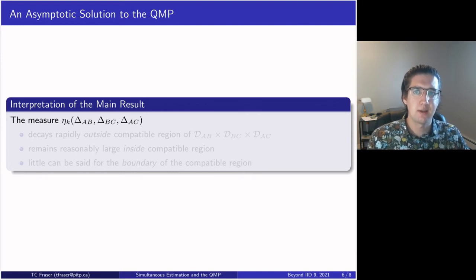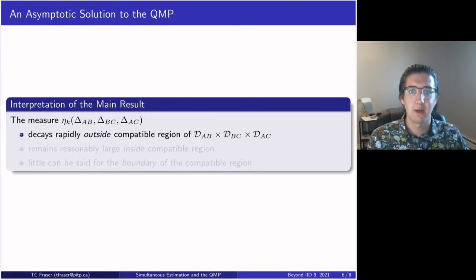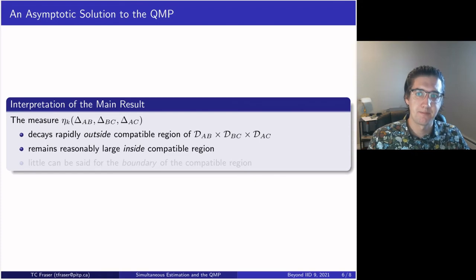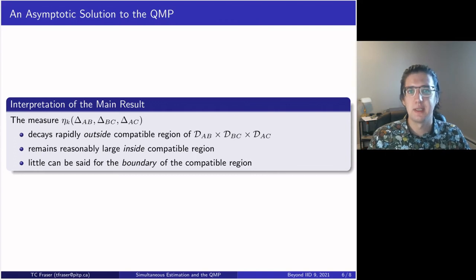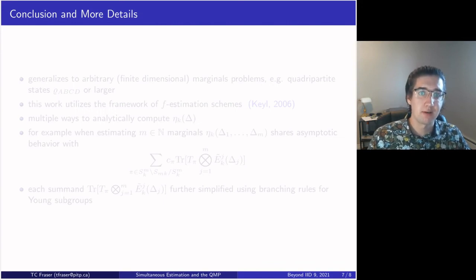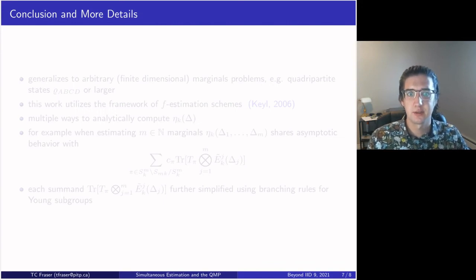Loosely speaking, it can be shown that these measures will decay rapidly when their arguments are incompatible, and remain reasonably large when their arguments are compatible. Unfortunately, this technique is a bit blind to the case where the marginals are on the boundary between the compatible and incompatible regions. So in conclusion, I provided a method for characterizing the space of marginals that are compatible with